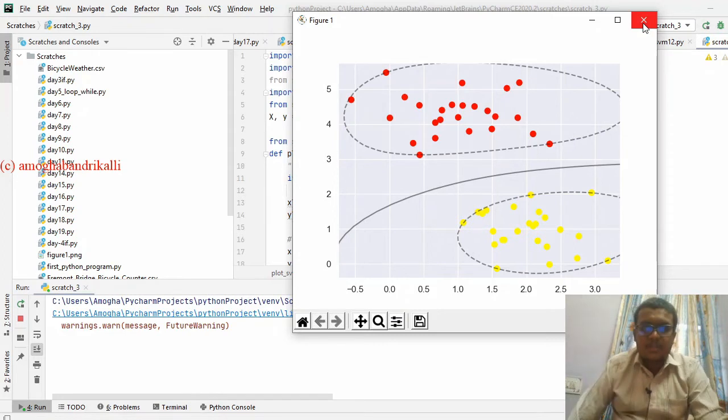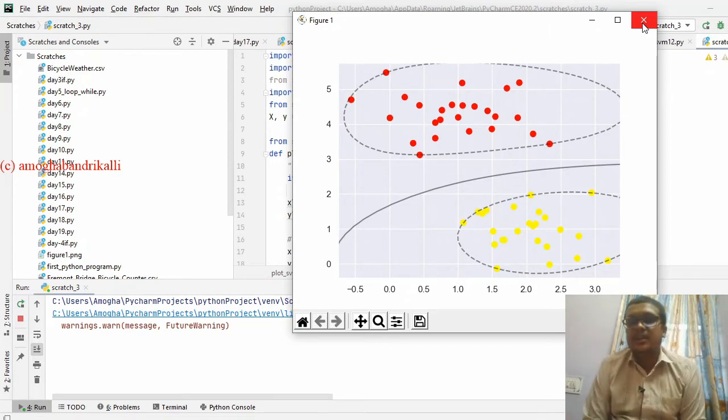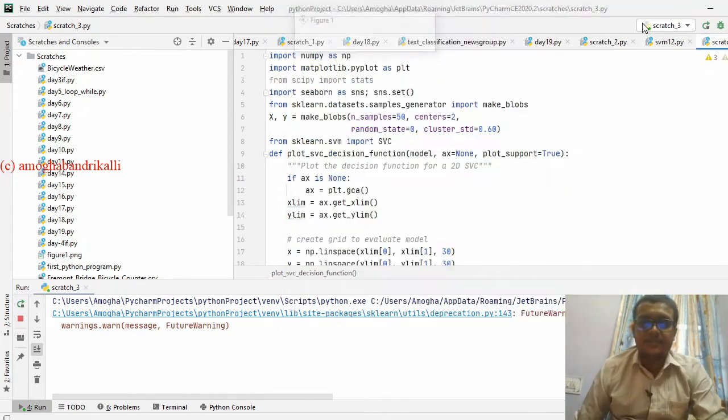So this is the second solution, how to make non-linear data linearly separable using RBF, that is, the radial basis function.